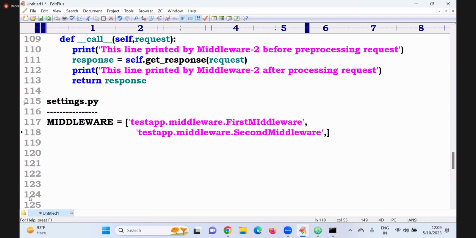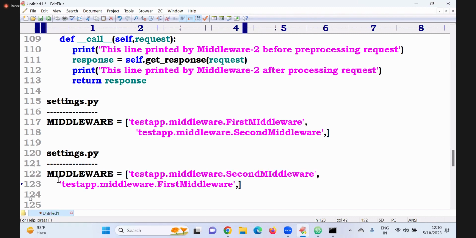Check it. After that, again in settings.py, you can give second first, then first, and you will get clarity.